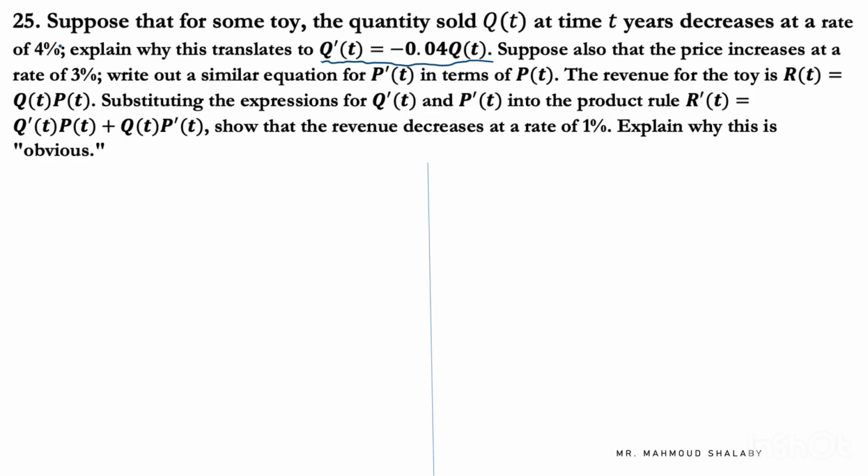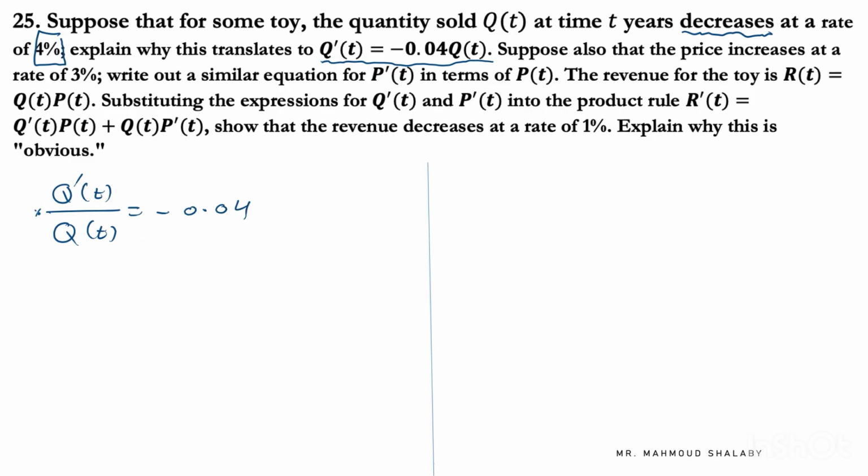Is there any other indicator that shows it's a relative rate of change? Yes, when he gave me a percentage here, it's a 4%. We will see how it will be different in other questions later. So now, the first thing I will start with is to write this down. I will say that it's Q prime of t over Q of t, because this is the percentage, so I know it's a relative rate of change. So as it decreases, it will be negative